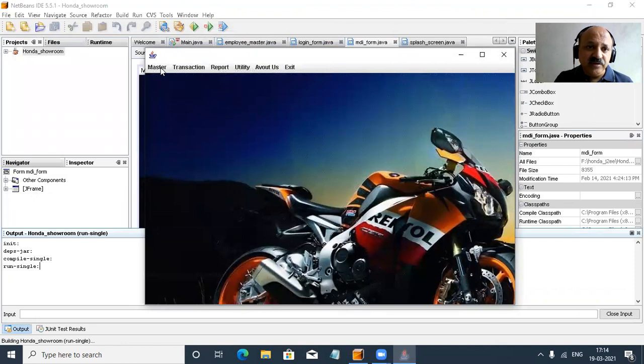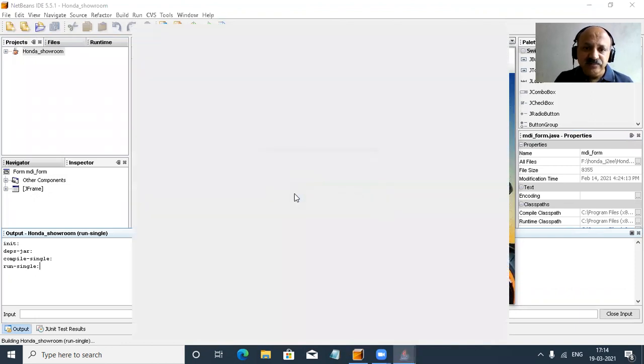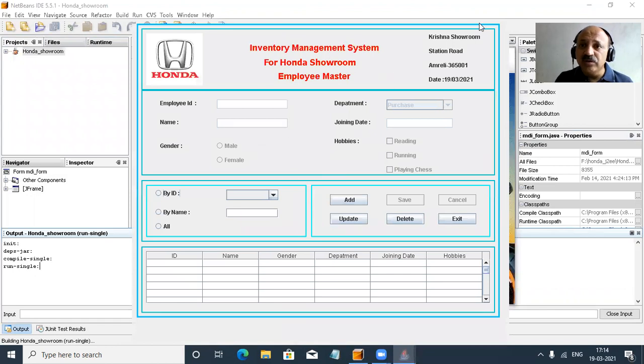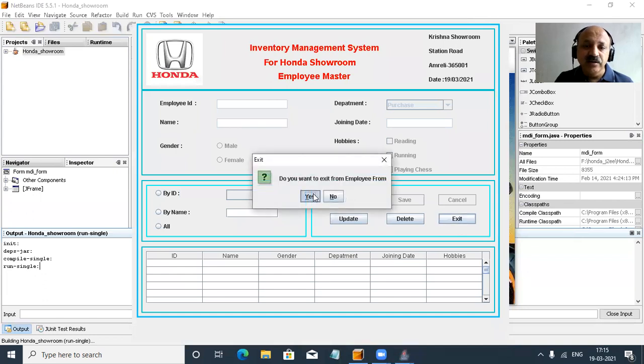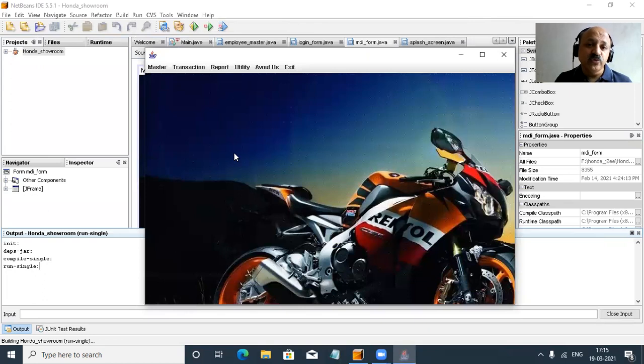So let us check the possibility in the employee form. Yes, connected. You can look here: the three buttons, close, restore and minimize, are not displayed because the form is undecorated, and the user has the chance only to press the exit button and come back to our MDI form. So that is the solution for a user using any close option.